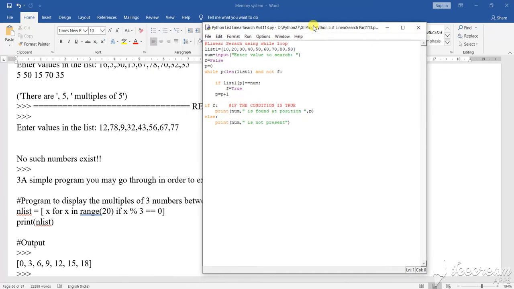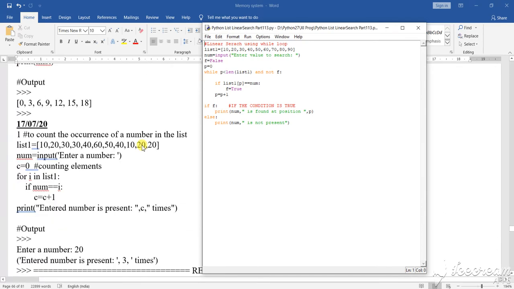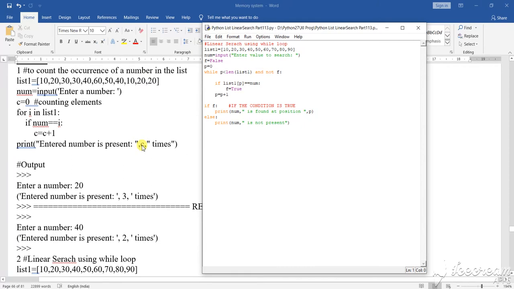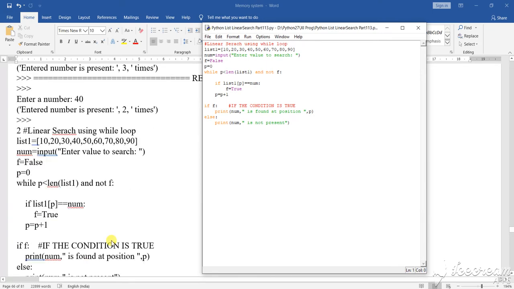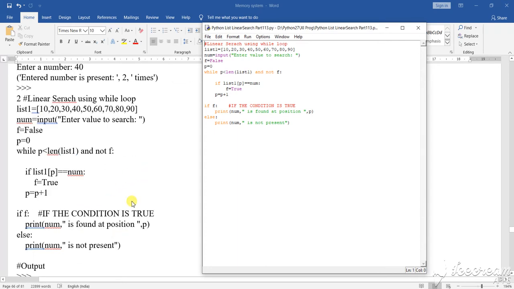What is a linear search? That means here a number has been given. Now you have to enter the value. By entering the value, you have to find out which value you need to search. So the value that you need to search, in linear search, this is the number. What you have to do, we are doing in this particular program